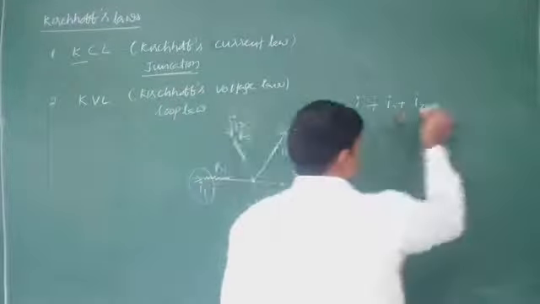Here V1 is the potential drop across the first resistor, V2 the potential drop across the second resistor, V3 the potential drop across the third resistor. So minus V1 means that the negative sign represents the potential drop. Next, what is the potential drop across the second resistor? That is V2. We are using the term potential drop, so minus V2. Next one is minus V3.